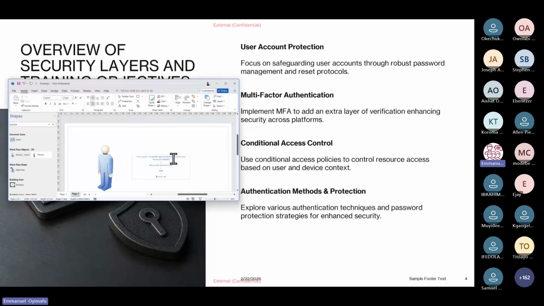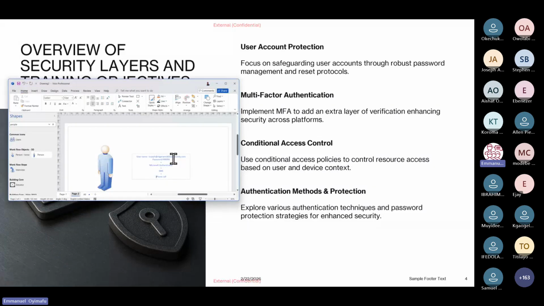If she knows your password and she logs in, it will ask her for a phone number. It will say, okay, a code has been sent to your phone. Provide the code. At that point, she will be like, wow. The only way she will be able to have access is if she's with your phone, and then she can check the code and type it in. That's multi-factor authentication. So multi-factor authentication is just like adding a secondary layer to your password in order to sign in to access services.